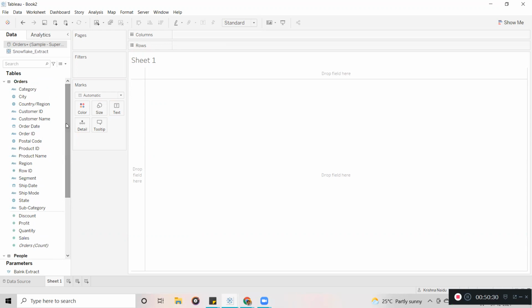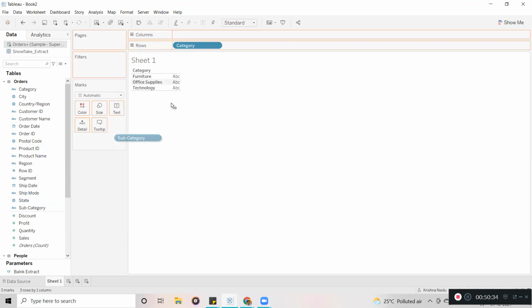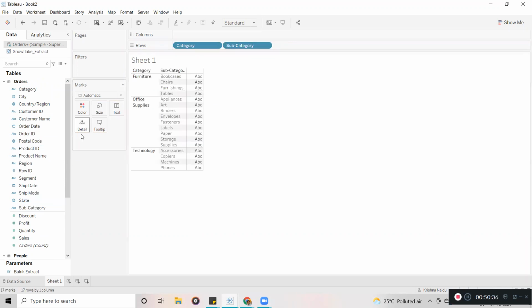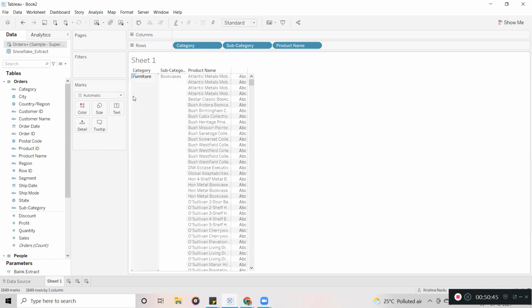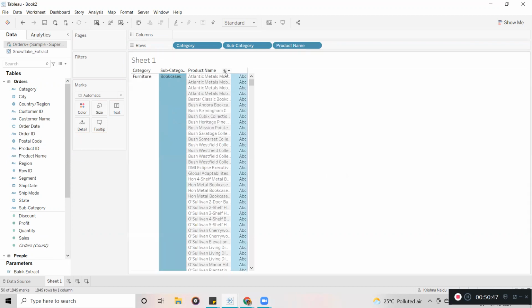We have category and also subcategory, and in each subcategory we have different products. Let's assume furniture; in bookcases, these are the different products I have.